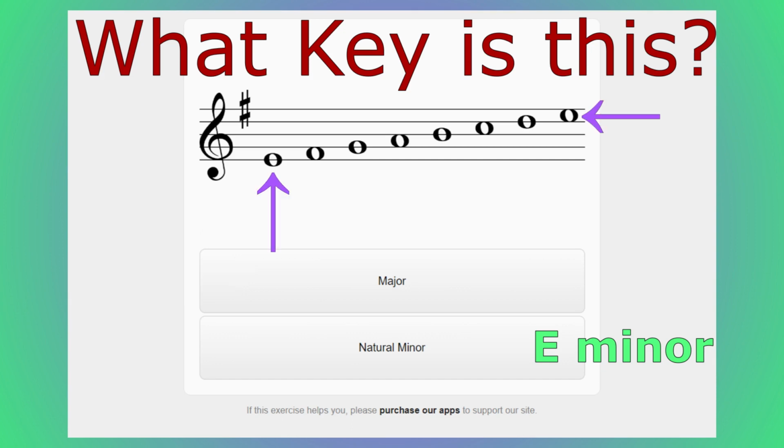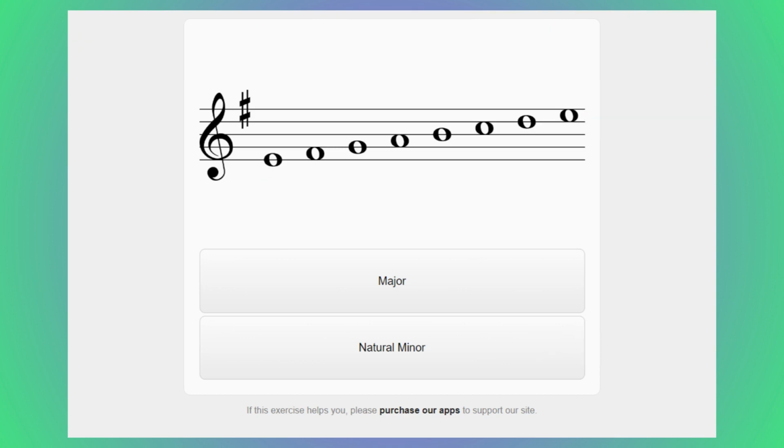be E minor, but once again you can check yourself by looking at each and every individual interval, and the pattern for minor scales goes as follows: whole step, half step, whole step, whole step, half step, whole step, whole step. Again, you can take your time and double check those intervals and see how they apply to every single